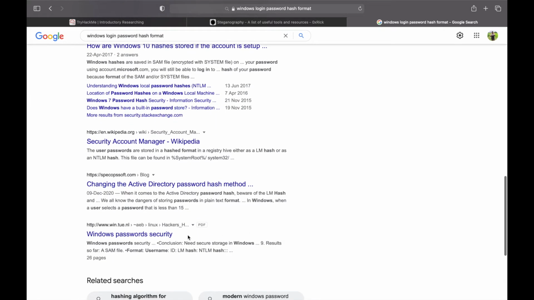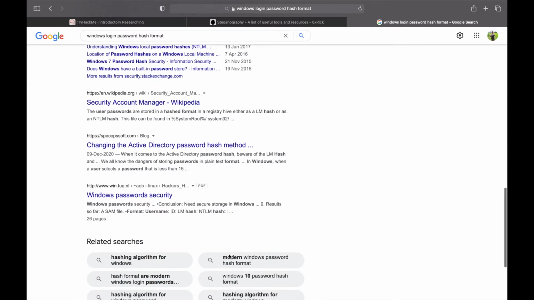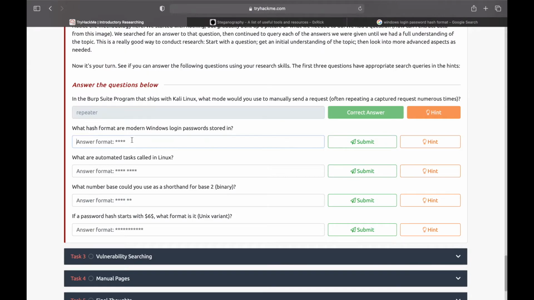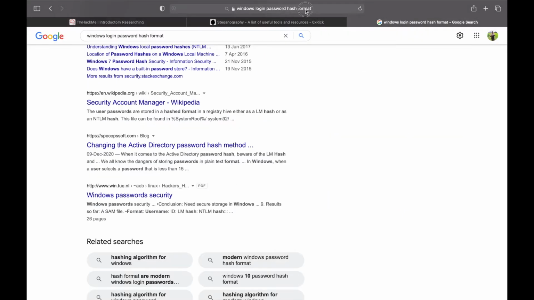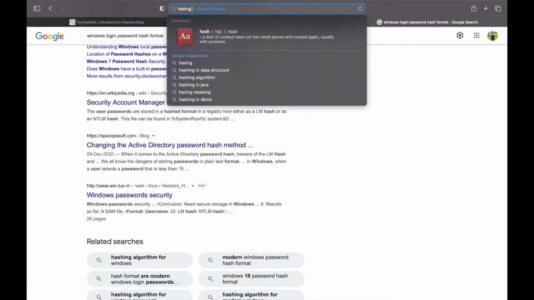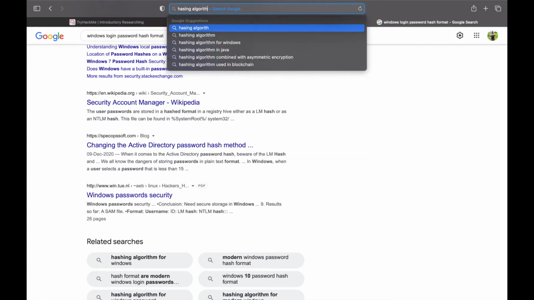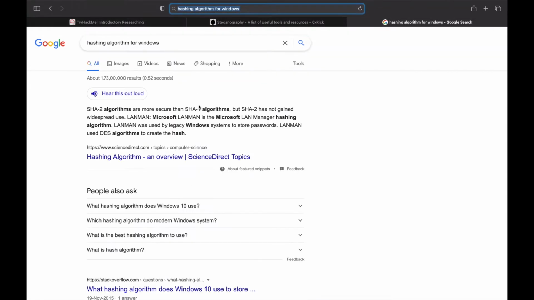LM Windows password security. Results so far show user ID, LM hash, NTLM. So all are talking about LM and NT. So what's the hint here? Hashing algorithm for Windows.